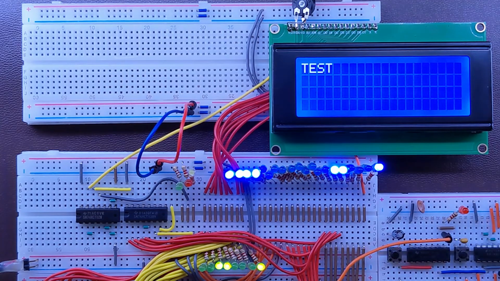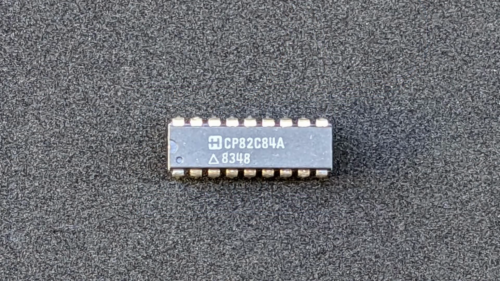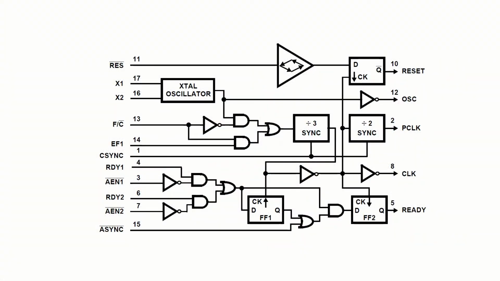Yeah, that's it. I think our display works okay. The next step is to finally build a proper clock generator for our computer and get rid of this little breadboard for good. I'm gonna use this specialized Intel chip 8284. It not only contains a clock generator, but also forms the reset signal using the Schmitt trigger out of the button and the RC delay circuit.